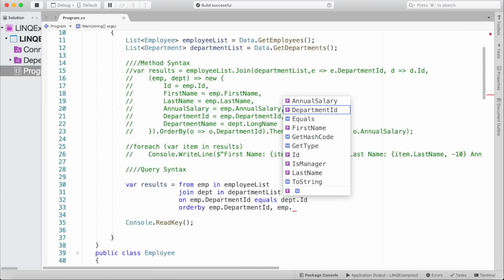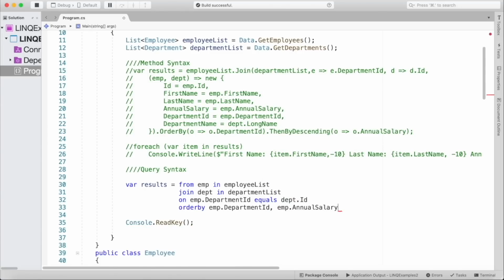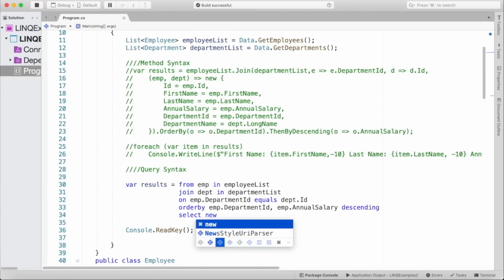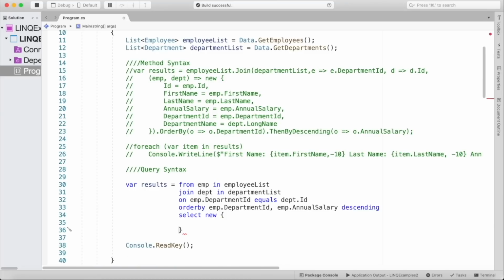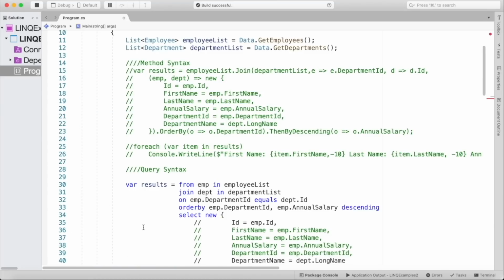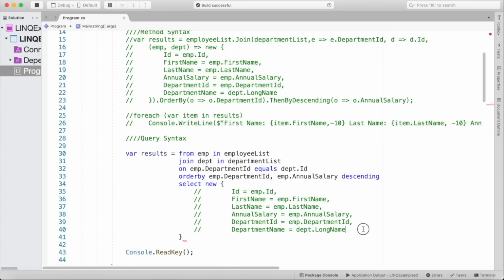Note the OrderBy and descending keywords in the query syntax version of the relevant query. We use the OrderBy keyword within our query to order by our first specified property. If we want to subsequently sort on other properties, instead of chaining the ThenBy extension method to our query, in